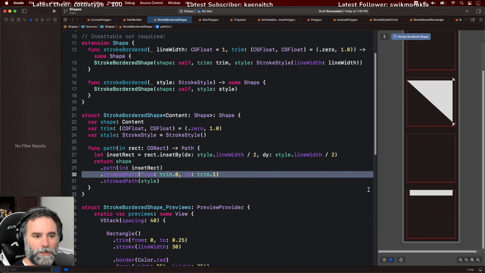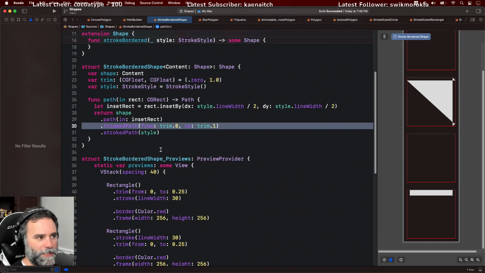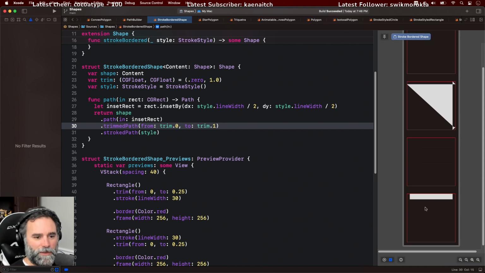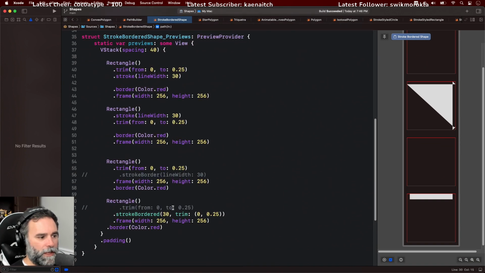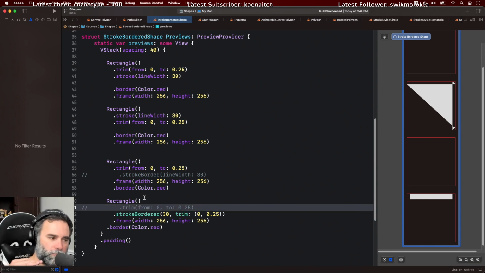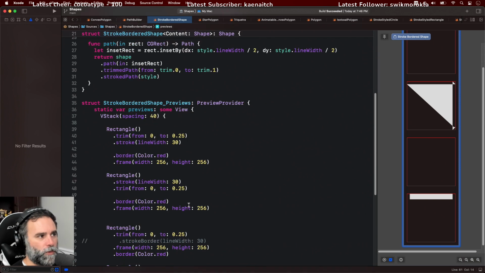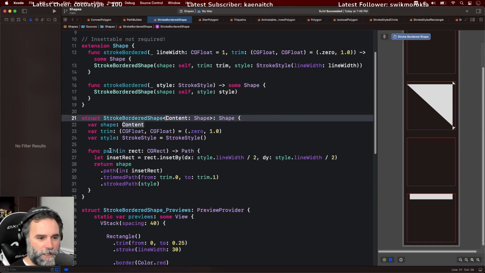But look, it's still the same issue that we were receiving. So yeah, what's that about? What's going on with that? We still get the same thing with this trim argument as we do with the trim outside before we apply the stroke border. There's something going on